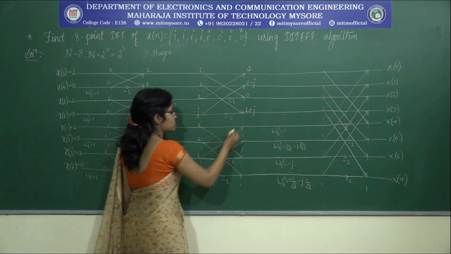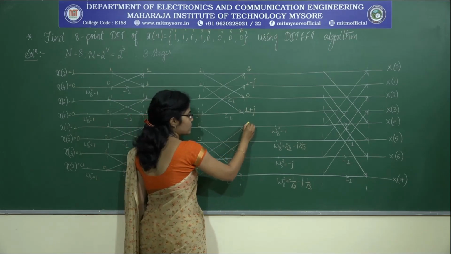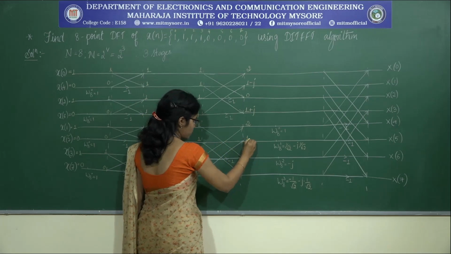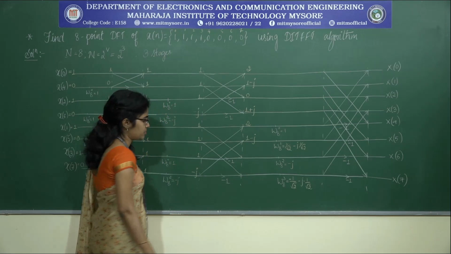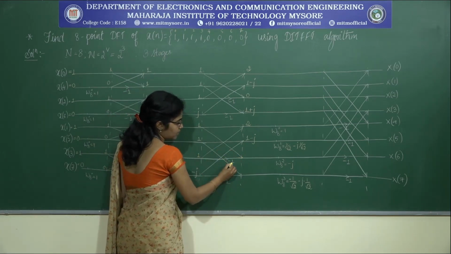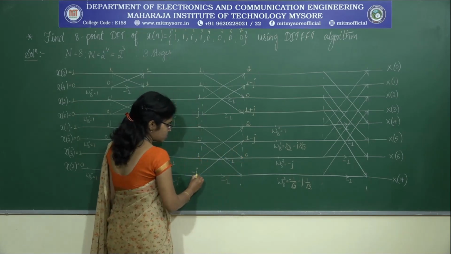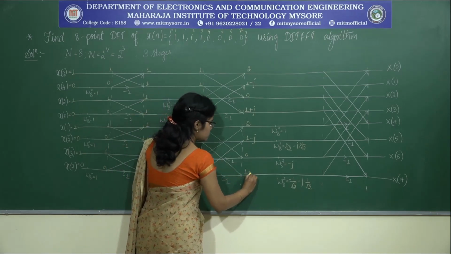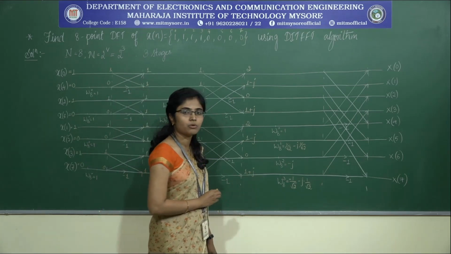Okay. Again coming to this branch, here the data is 1. From this branch the data is 1, 1 plus 1 is 2. At this particular point, from this branch it is 1. From this branch it is minus j, so it gives us 1 minus j. So at this particular point it is 1. 1 multiplied with minus 1 gives us minus 1. 1 minus 1 is 0. So minus j into minus 1 is plus j. From this branch it is 1. So this gives us 1 plus j. Okay. Now we got the output of second stage.